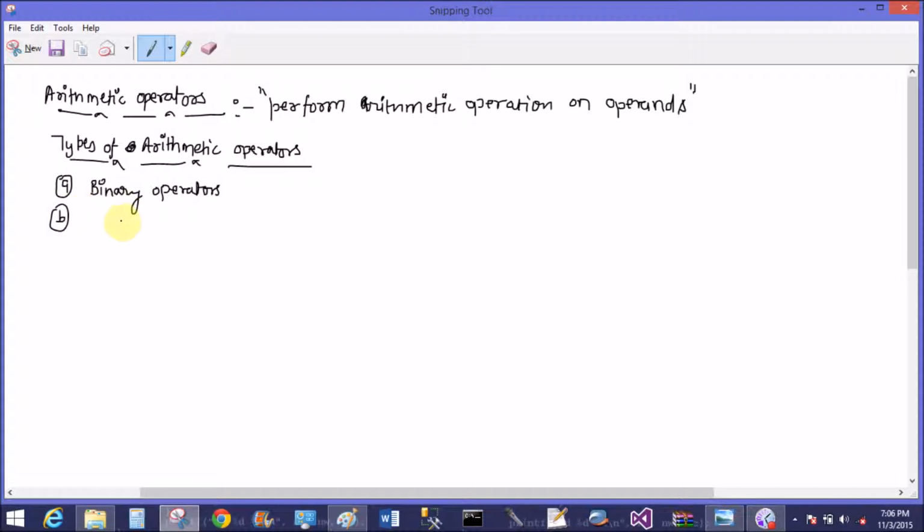first of all, the binary operator. The second one is the unary operator. In the binary operator, we have two operands.